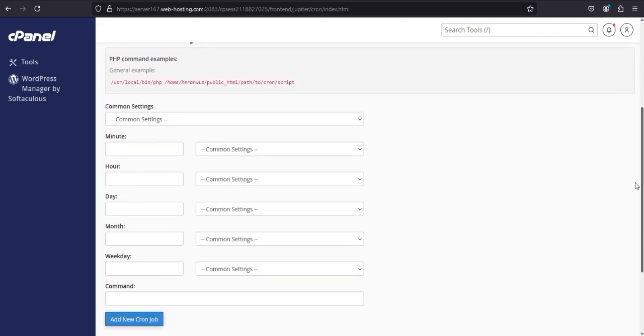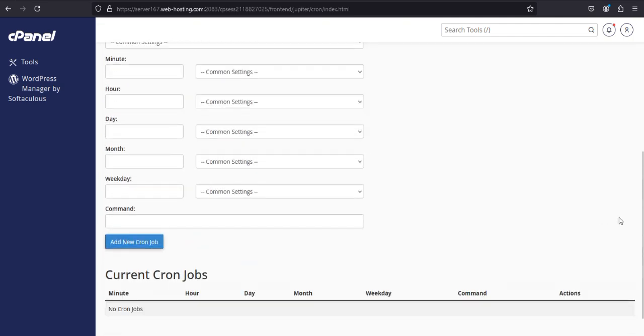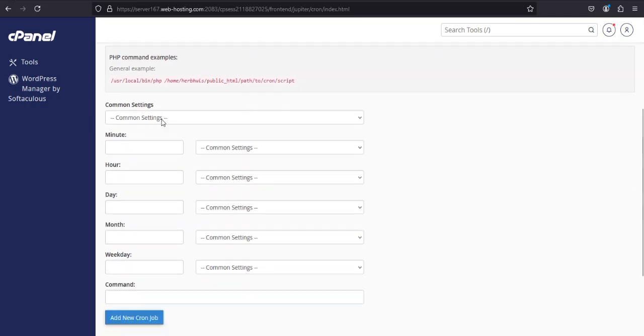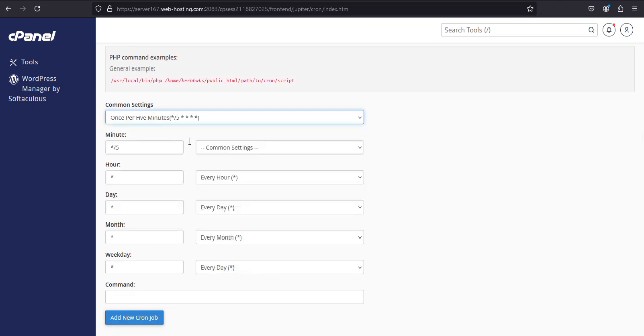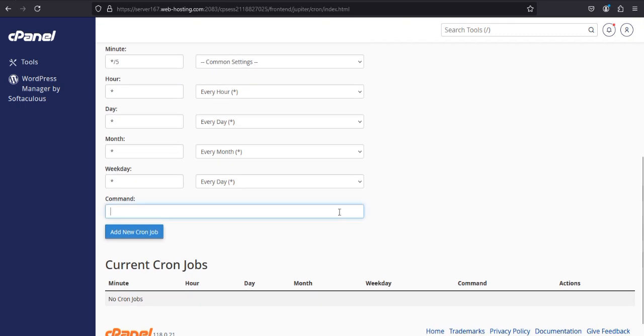Now we are going to set up a cron job. I think I've already done this before, but I'm going to do it again. Once you are here, click on these common settings and choose once per 5 minutes. Automatically this other one will fill in. Don't touch anything else, just scroll down, then paste the cron job I copied, but make sure that you